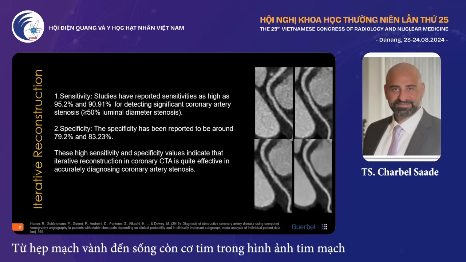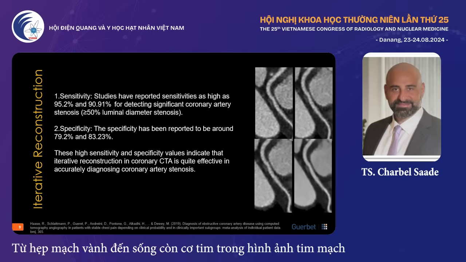And also in another study that was actually published not too long before that, it was shown that the sensitivities in terms of coronary artery stenosis for lumens greater than 50% is 95 and 90% for detecting significant coronary stenosis. Specificity has been reported to be around 79 to 83%. So these high sensitivity and specificity values indicate that iterative reconstruction in coronary CTA is quite effective in accurately diagnosing